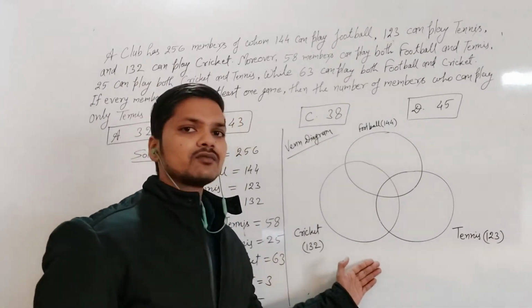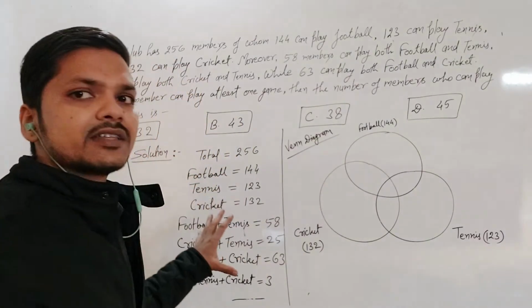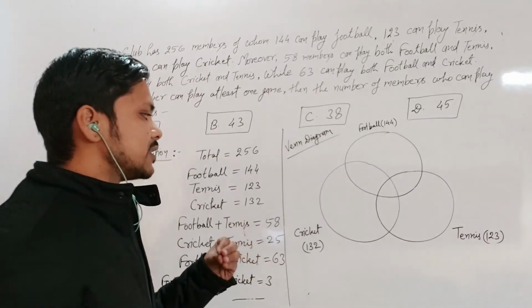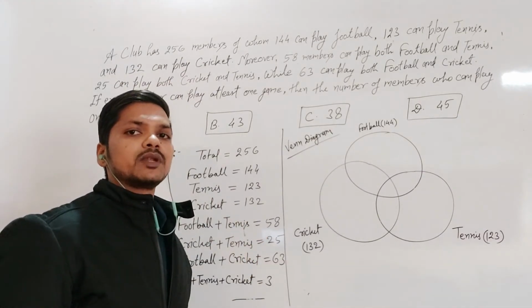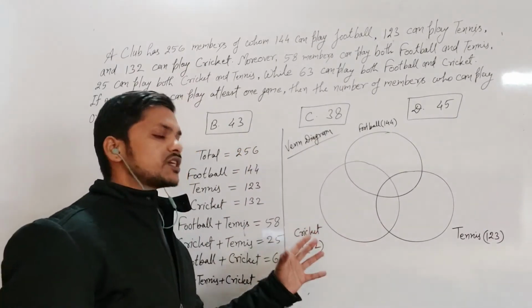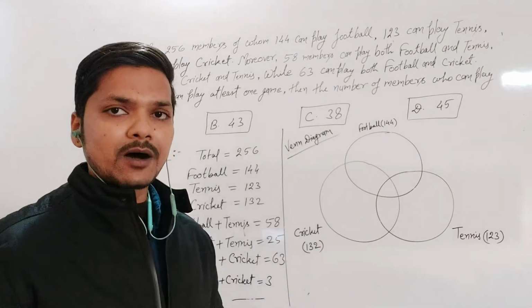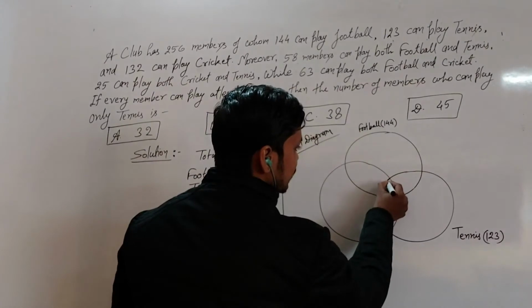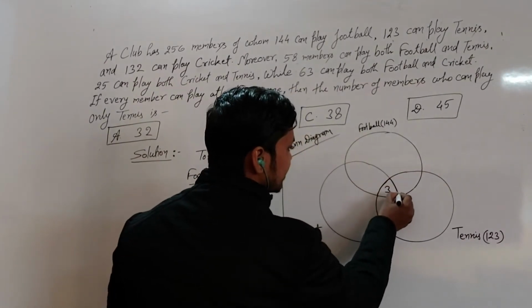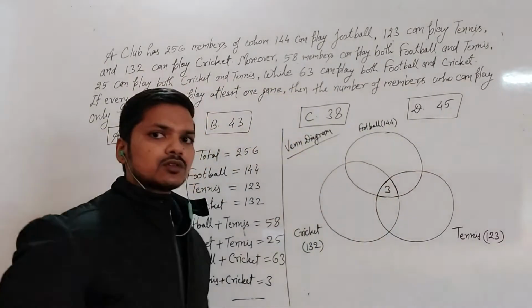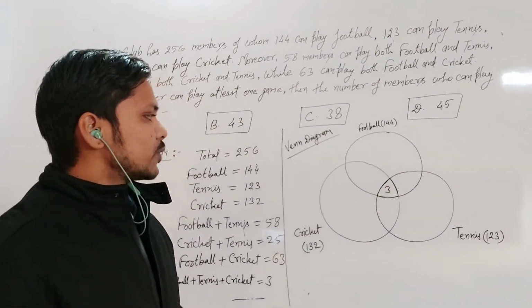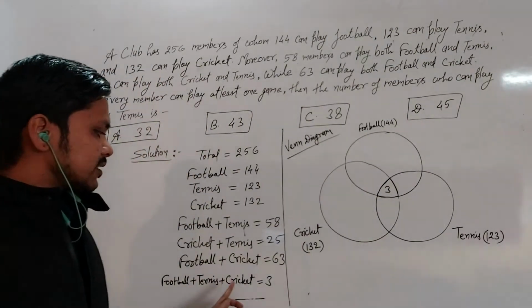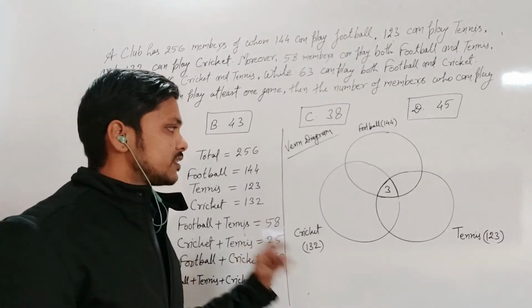In this Venn diagram we will just fill this given data that we are having right now, and we will just check out what number of players are playing only those games which are specific for players. Now here we have written 3 because this area will cover all these 3 diagrams. So means these are the players who can play football, tennis, cricket, all 3 games.